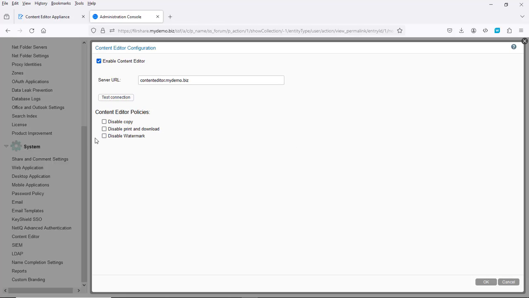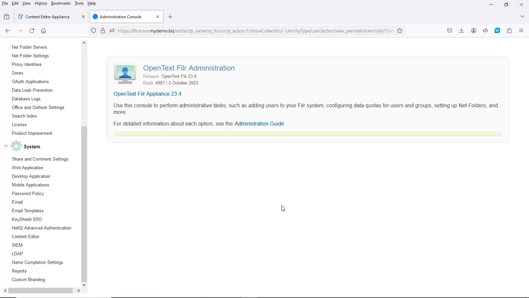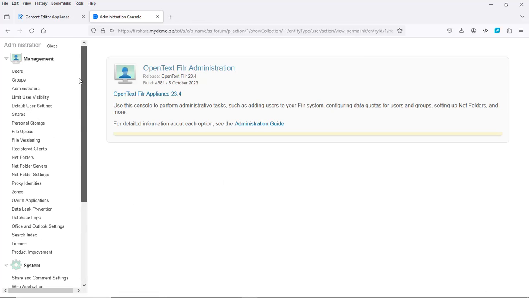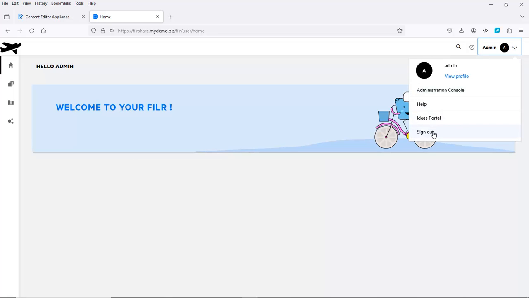I do have some policies. I can set things like don't allow copy outside of the document, disabling print, and indeed disabling the watermark. By default it will put a watermark of the user's email address on the page. Let's just say OK to that, and then let's come out, let's log out as admin, and then I'll log in as a user,